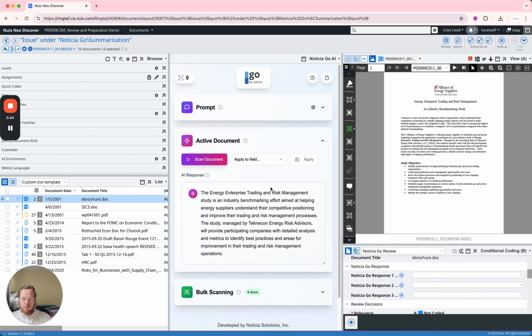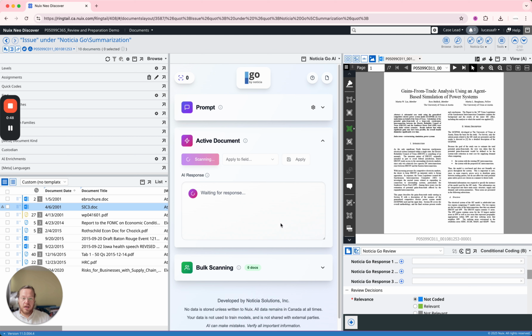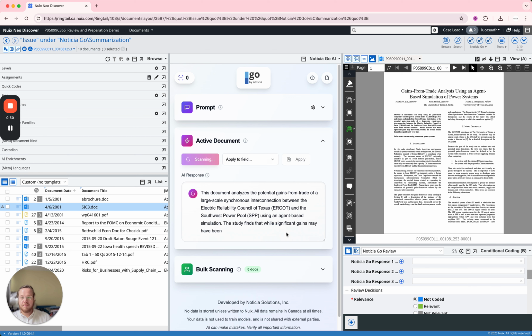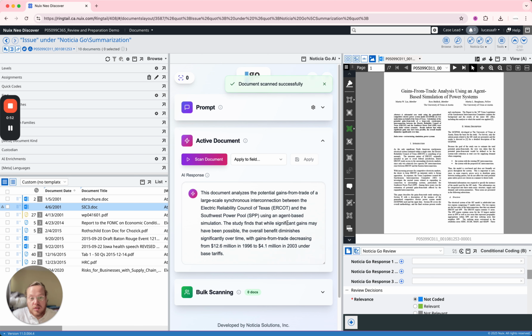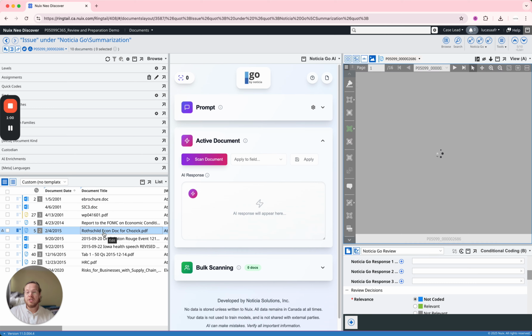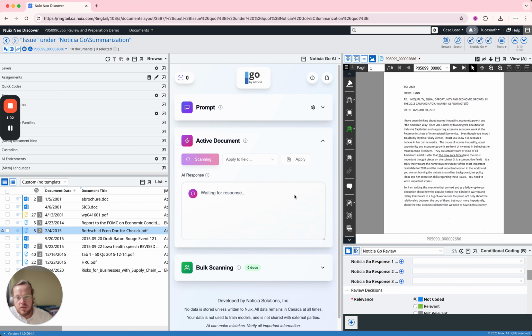I now know, what is the title of this document? What am I looking at? This works across languages, across different format types. You could maybe tune this and say, will this relate to the case that I'm looking at, or is there any content related to X, Y, Z, or mention the people in this document? There's lots of ways that you can use this in a little bit more detail,